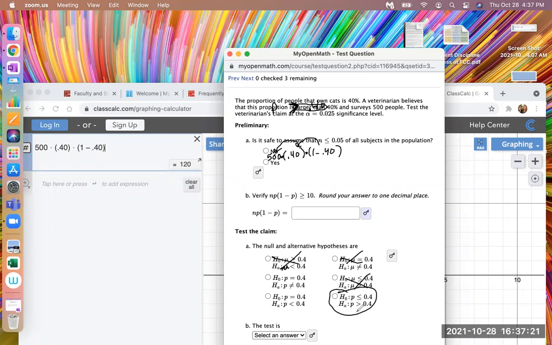So that one must be the correct one. Now, let me talk about the null hypothesis. Typically, the null hypothesis, you don't have to think about too much to figure out what it is,